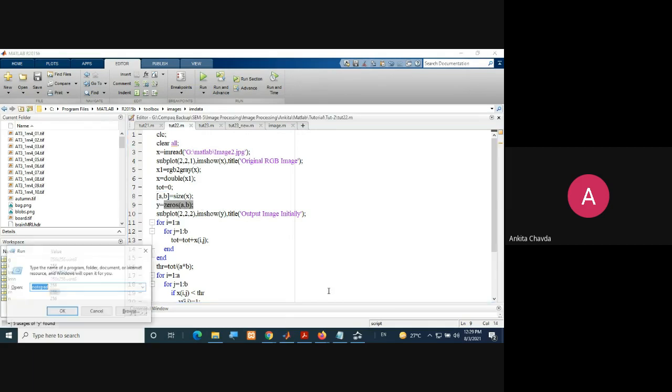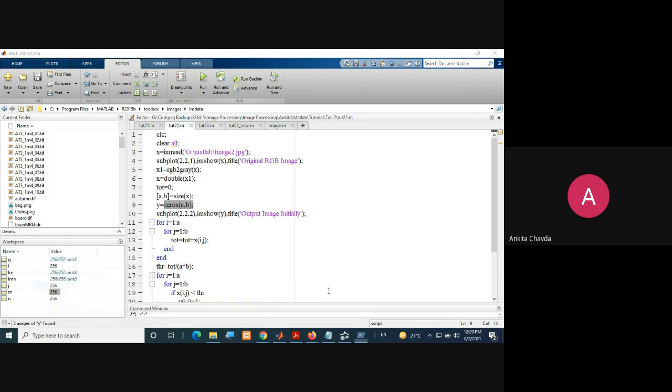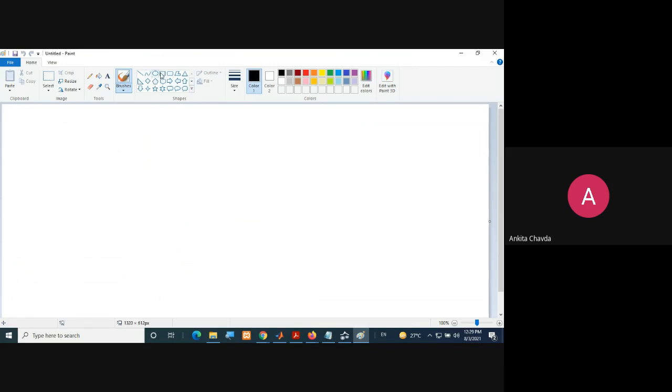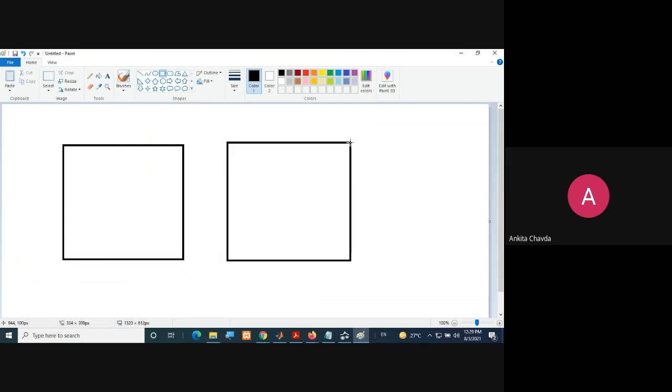It means that suppose you have an image that is 500 cross 500. The same size image you are taking, again 500 cross 500, and that would be your output image, because whatever changes you are doing, that is in the output image, not in the input image.